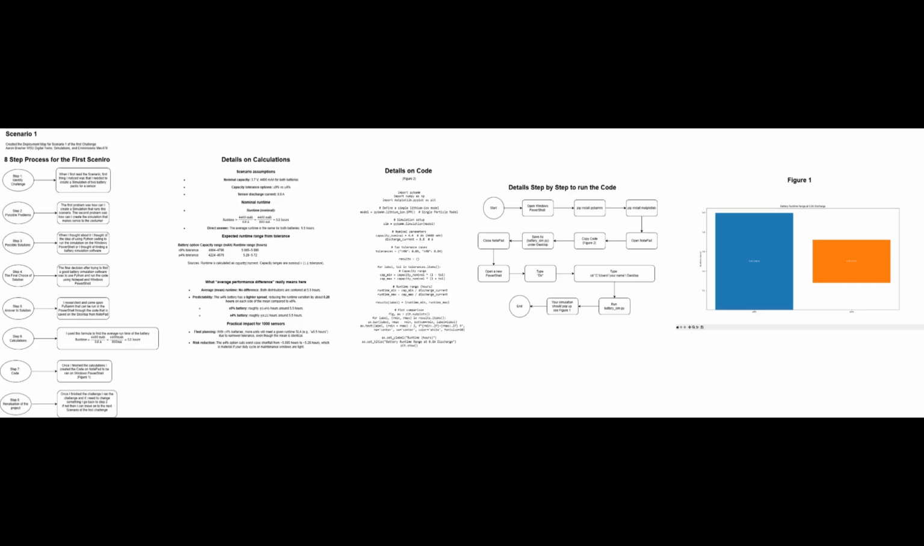The second section is the calculations for the battery. The second scenario was not calculation; it was mainly just saying what to use. Then there are details on the code, the code itself, and step by step how to run both scenarios. Figure 1 is the first challenge being correct. So that's basically the deployment map for both